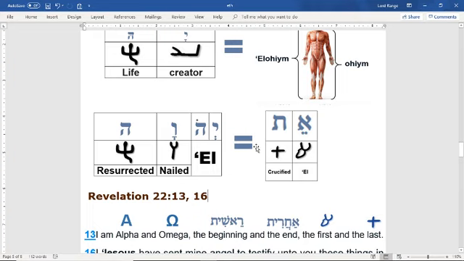So Jehovah actually means the exact same thing as the first and the last. You have El being crucified. Jehovah means El, crucified, and resurrected. Now, if you look at that again, we have El, crucified on the cross, and Jehovah, we have El, he's nailed to what? The cross, and resurrected. But Jehovah and the first and the last, it means the same thing.